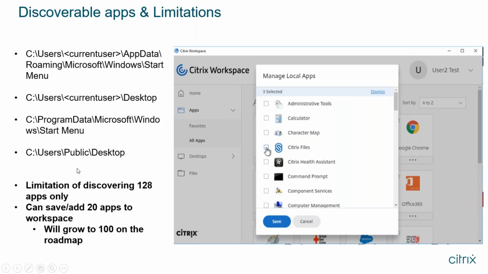We do have a limitation of only discovering 128 local apps. If you have more than that many local apps, I'm probably hitting close to it myself, but maybe I'm an outlier on that one, you need to make sure that the applications users are going to want to pull in are in those higher folders. If, for example, this had 128 and then app 130 is sitting here, they're not going to be able to see that. As I mentioned before, you can save or add up to 20 applications from local into the workspace,